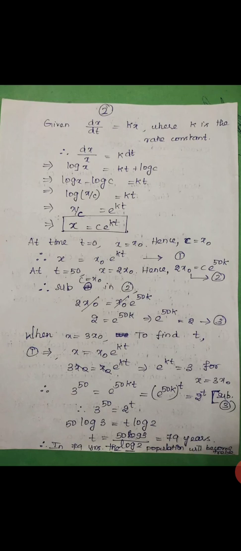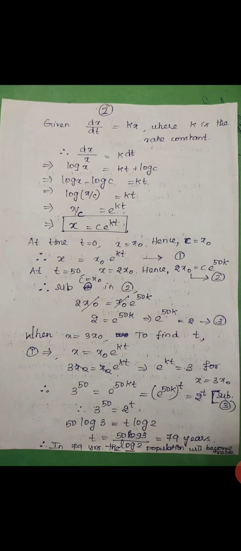We get log x is equal to k into t, where k is the rate constant, plus a constant. The integral of dx by x is log x, and the constant we can take as log c. In ordinary integration we use limits, but in this integration there are no upper and lower limits given. Then how to write this? Automatically we have to write it as